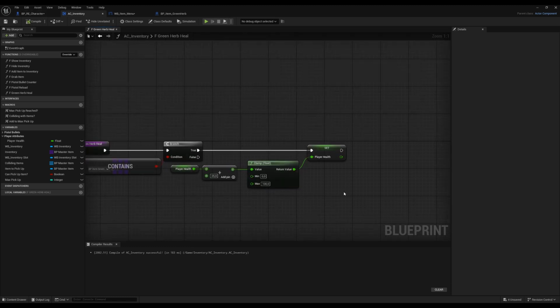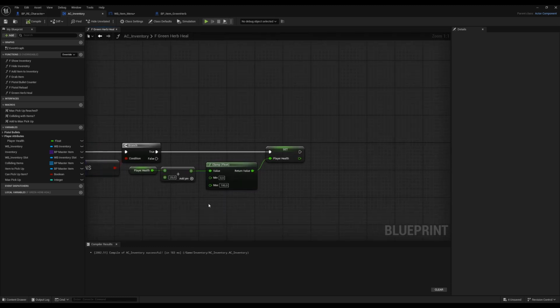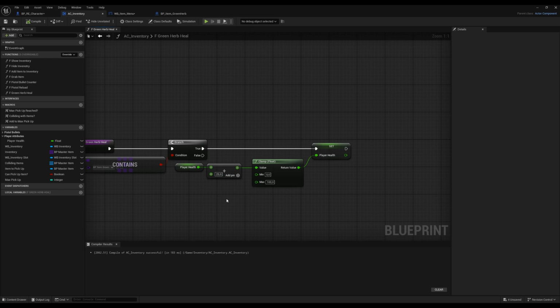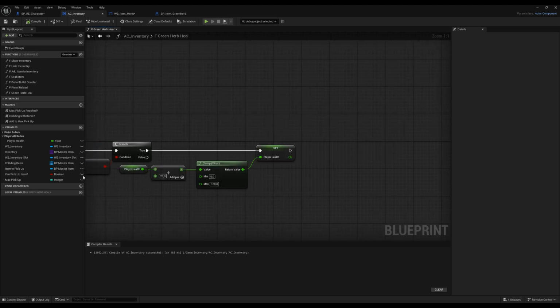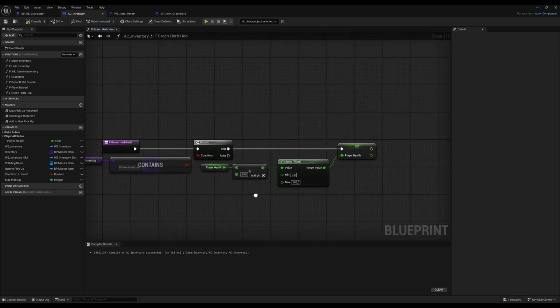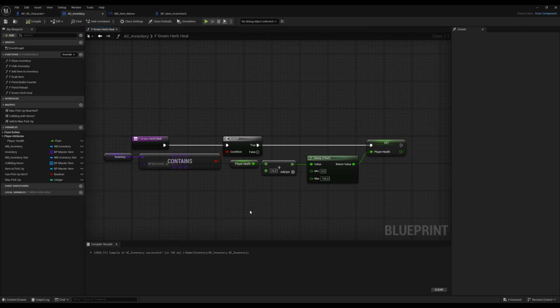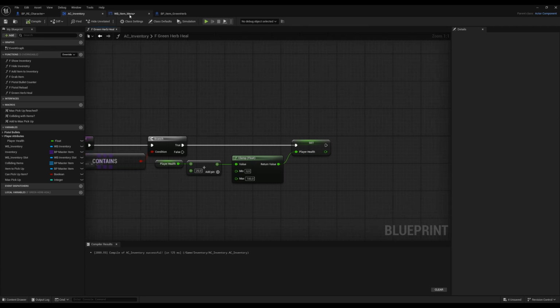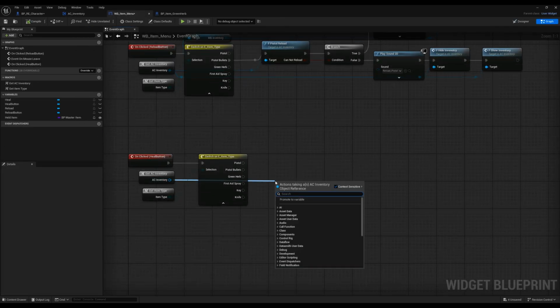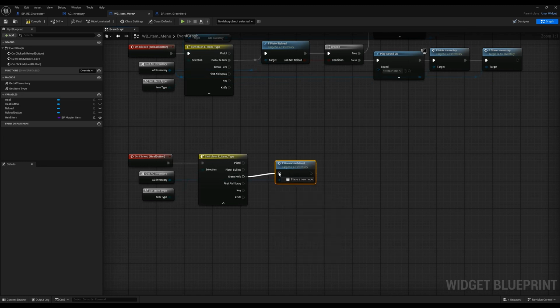Yes, this is it, right? I believe the healing function is pretty simple, but I'm thinking, should I get a boolean for this? No, we don't need a boolean for this. It doesn't make any sense. So let's just get this function, f green herb heal. Just connect this one, make this straight, and